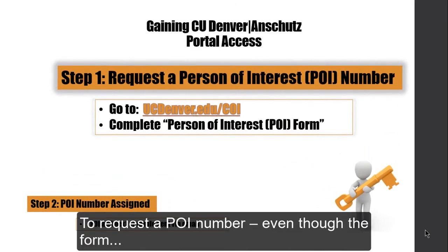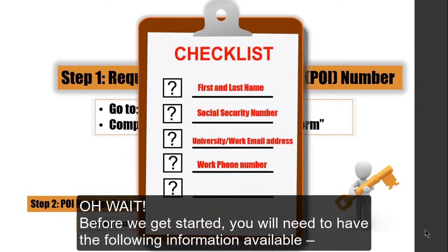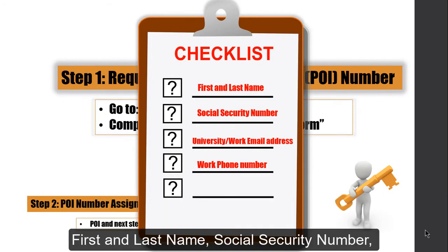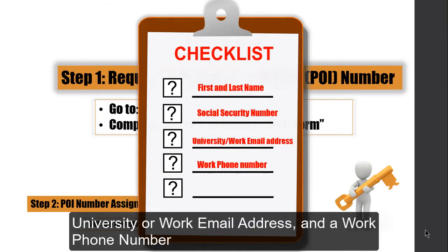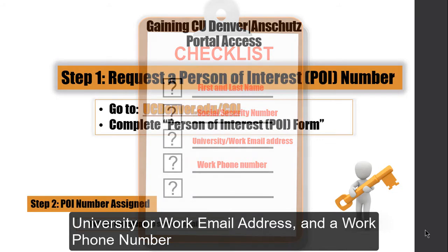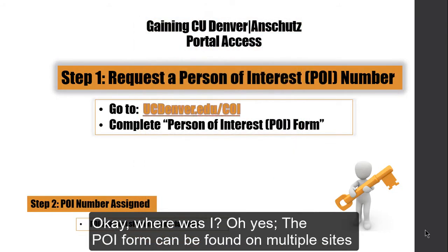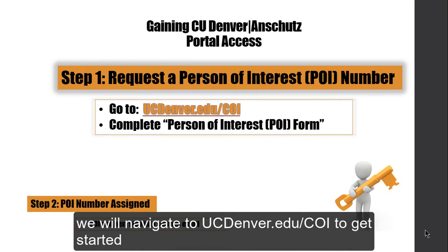To request a POI number, before we get started, you'll need to have the following information available: first and last name, social security number, university or work email address, and a work phone number. The POI form can be found on multiple sites, but we will navigate to